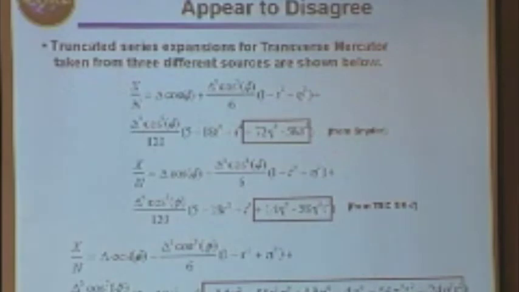This is a dual purpose slide to tell some of you, be careful when you read the literature. I'm going to use these later on, but this also tells you to be careful because authoritative sources sometimes appear to disagree. Snyder says this is the formula. Tech SR7 says this is the formula. They're different in the two red boxes. This box is different from that box, so who's right? I don't know.